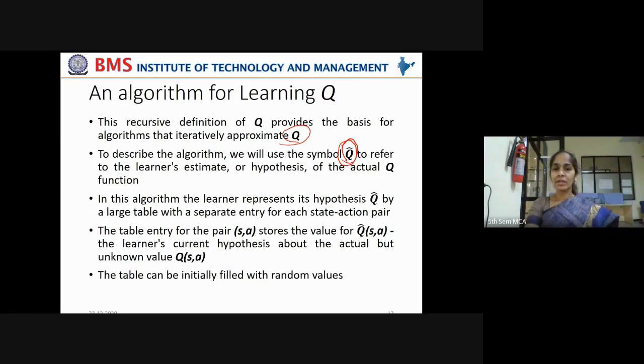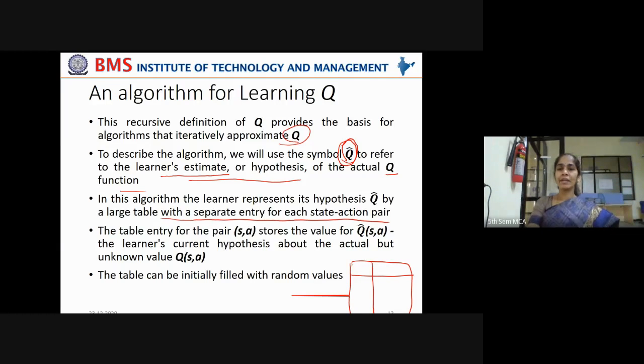So, to describe the algorithm, we'll use the symbol Q cap to refer to the learner's estimate or hypothesis of the actual Q function. Now, in this algorithm, the learner represents its hypothesis Q cap by a large table with a separate entry for each state action pair. This is the place where your doubts have to be destroyed. I'll show you exactly how